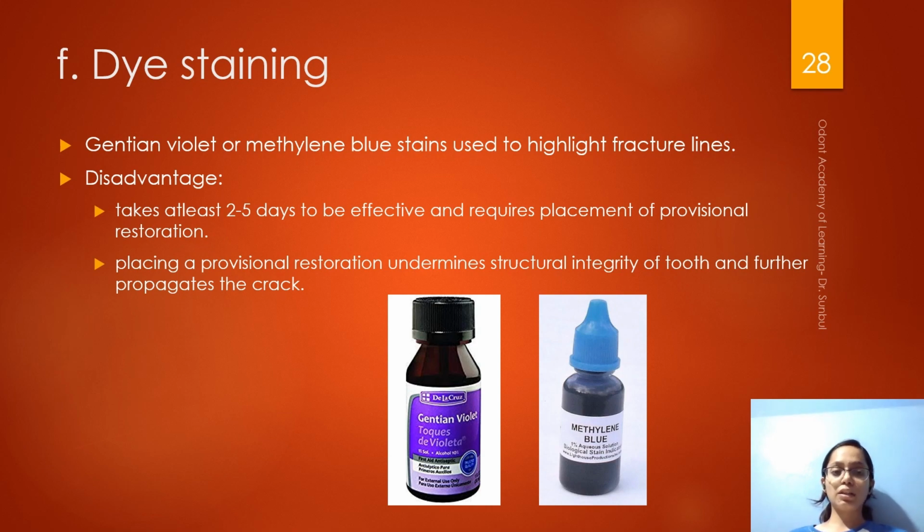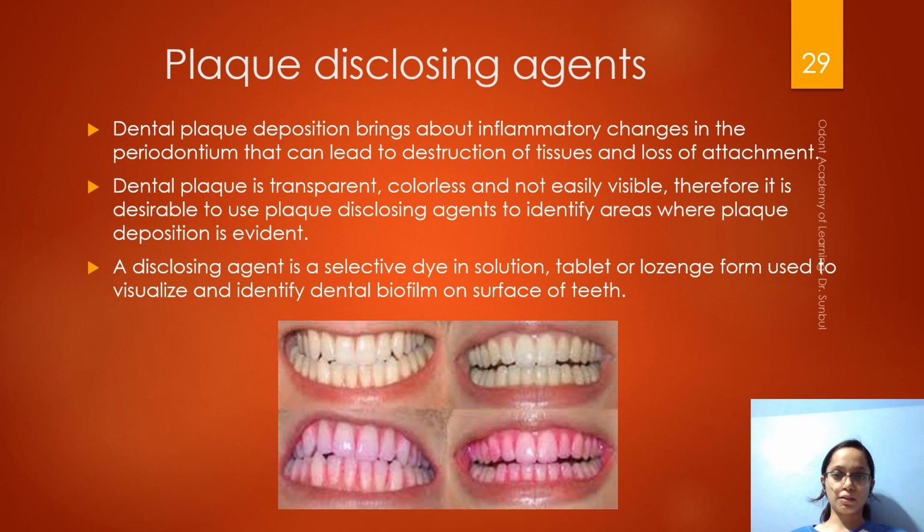But the disadvantage is that it takes at least 2 to 5 days to be very effective, and it requires that you place a provisional restoration, and placing a provisional restoration usually undermines the structural integrity of the tooth, and it might cause more of that crack to progress. So not highly recommended. Now we are done with cracked tooth syndrome,